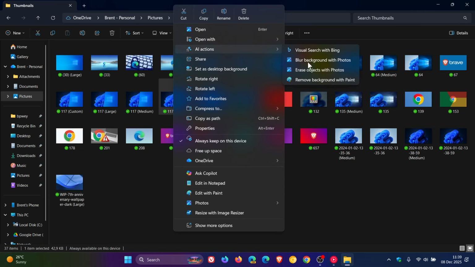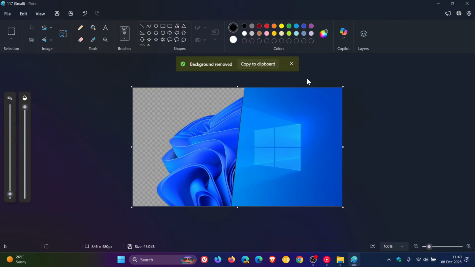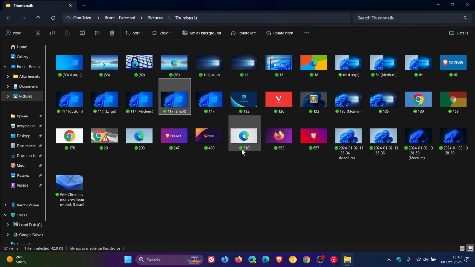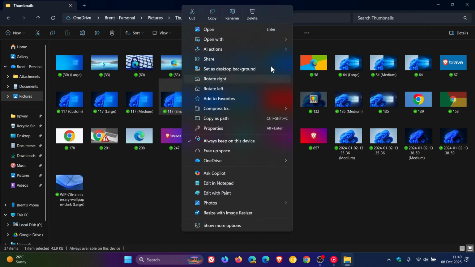although some of these options take you directly to removing the background with Paint. So as an example, if I click, it takes you directly and then removes that background. So that may be the handy side of having those options available. It just cuts out a bit of extra clicking. But as mentioned, could be redundant at the end of the day, depending on which side of the fence you're sitting. Now, if you're not wanting the AR Actions in that right-click context menu,